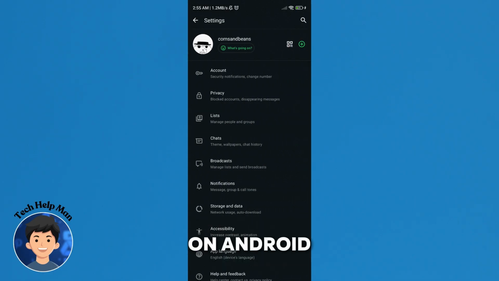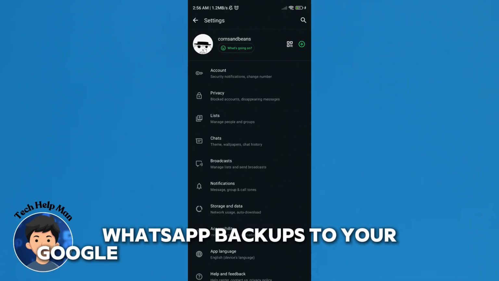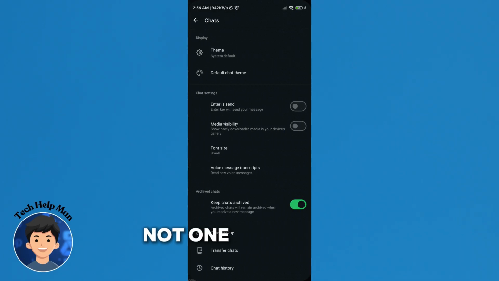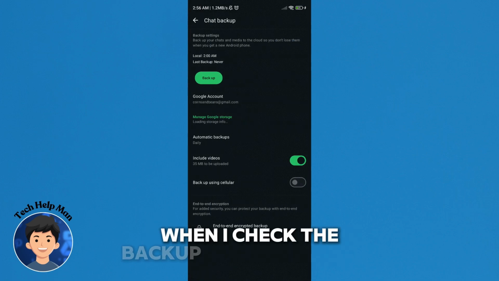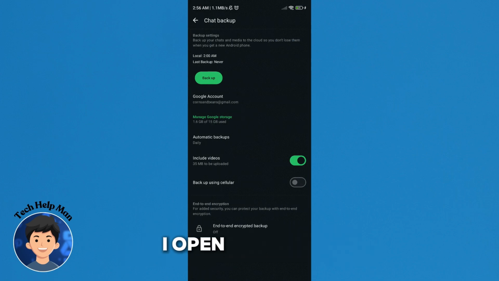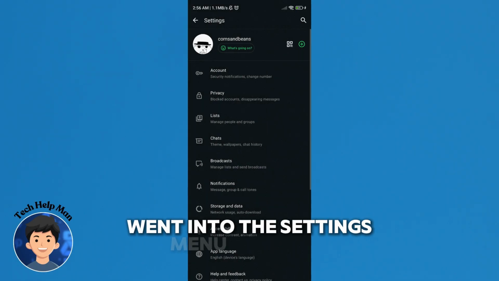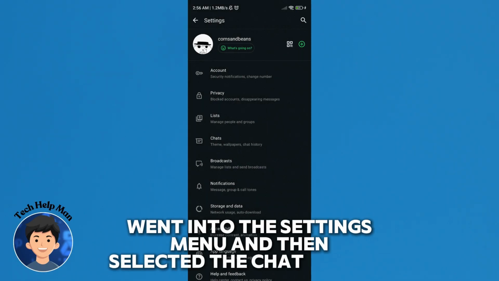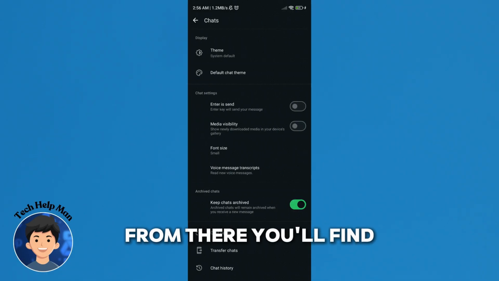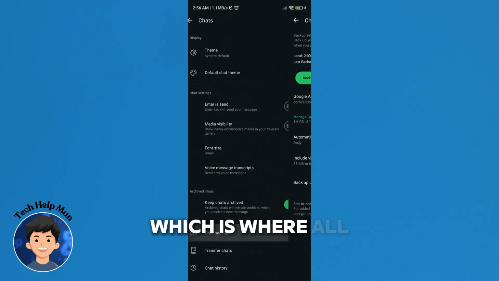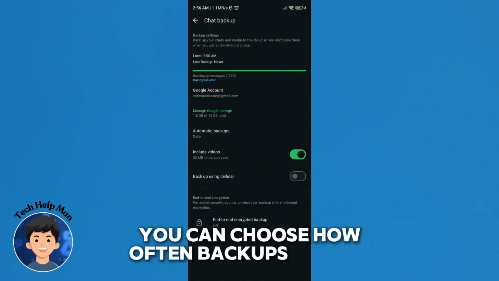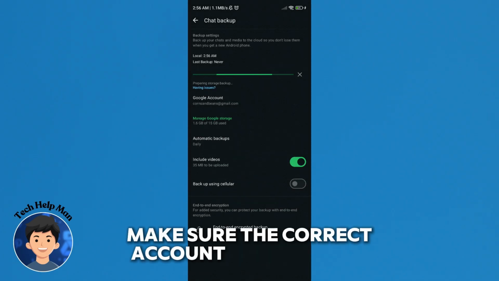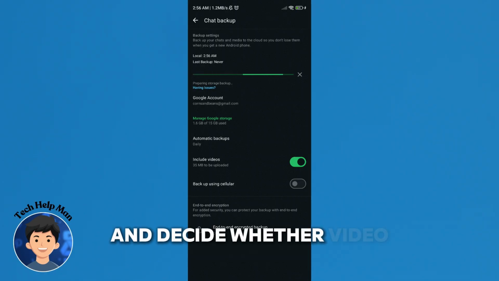On Android, WhatsApp backs up to your Google account through Google Drive, not OneDrive, while iPhone uses iCloud. When I checked the backup settings myself, I opened WhatsApp, went into the settings menu, and then selected the chat section. From there, you'll find chat backup, which is where all the important backup options live. You can choose how often backups happen, make sure the correct account is connected, and decide whether video should be